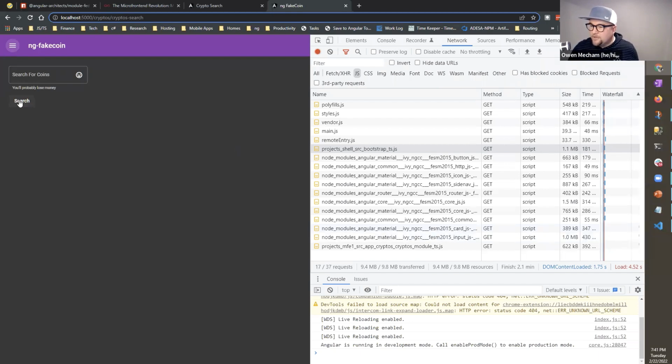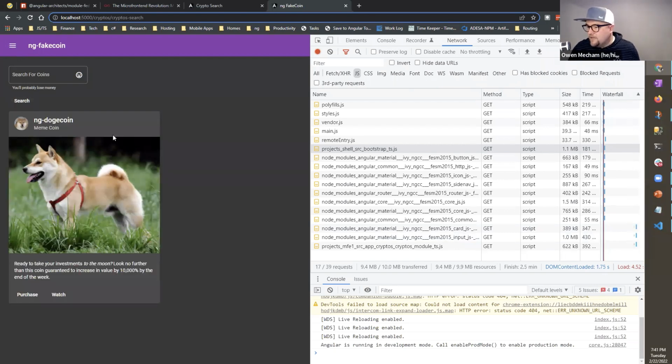So we've got the input here, and then the mat card. But what you notice didn't happen is I didn't have to load all of this other Angular at the same time. So we can resolve all of this at runtime and then just pull down